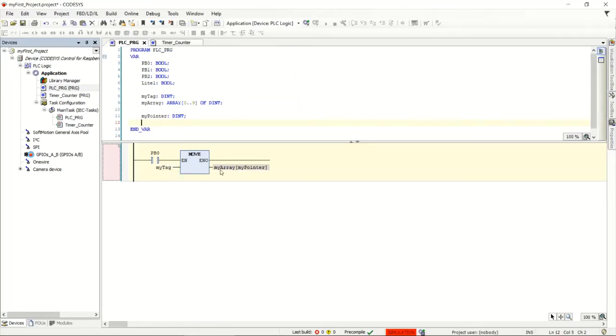to move my tag into my array 0. All right. If I set my pointer to 5, for argument's sake, when I press push button 0, my tag is going to be moved into my array 5. So it's going to give me a way of dynamically going through and navigating through your different